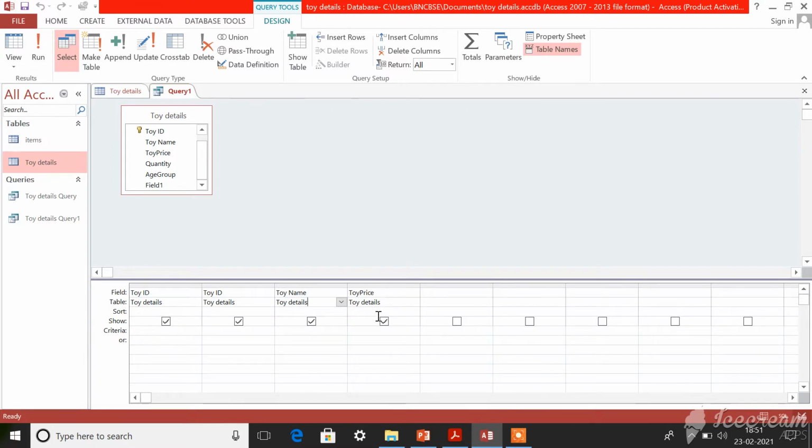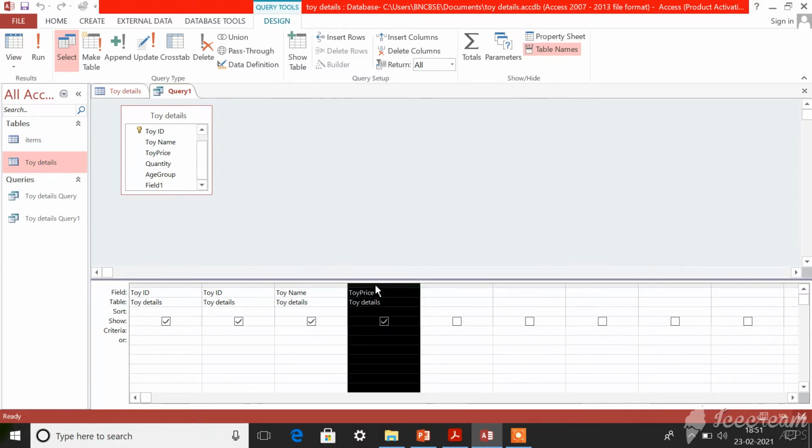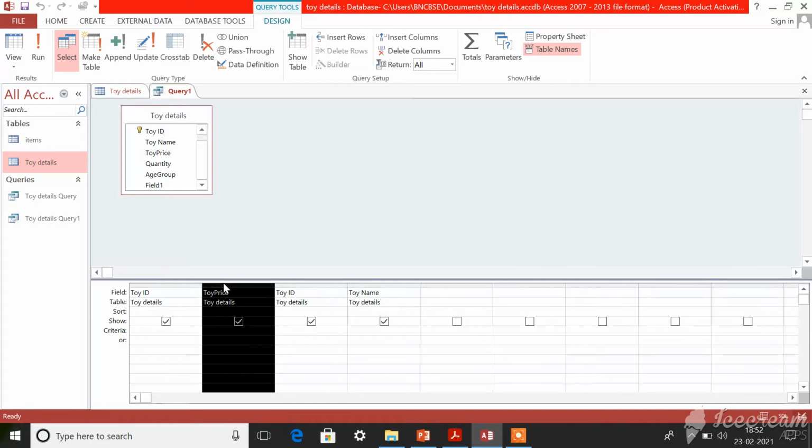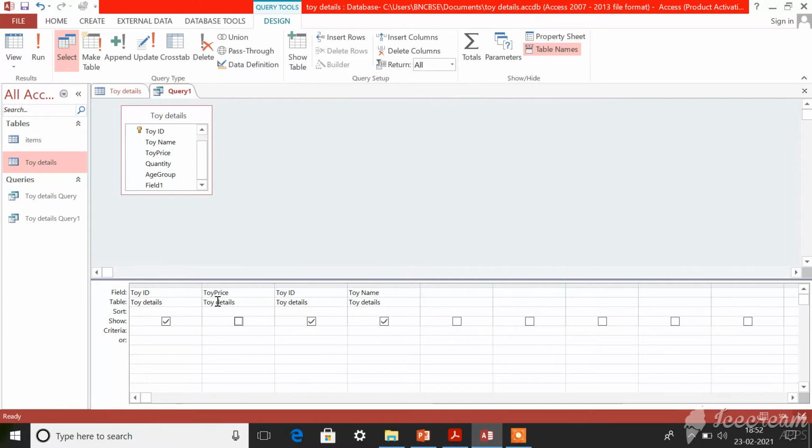First take your mouse pointer to the top of this field. When it turns to this black arrow mark, click your left mouse button. Once you click that, it will turn black. Then double click and drag your mouse. Now you can see your toy price has been shifted.